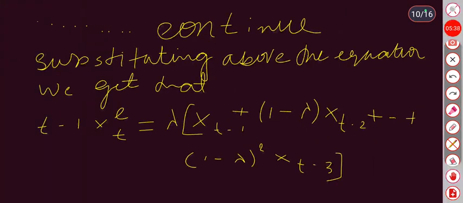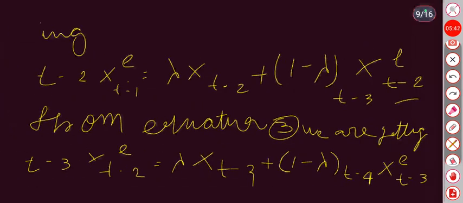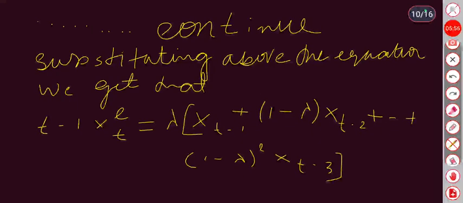So the expectation of the previous period depends upon the previous period, and that previous period depends upon the previous period information, that will continue. So substituting above equations we get that the expected value of tth period depends upon t